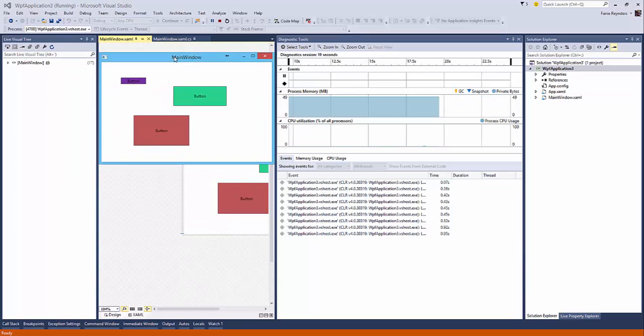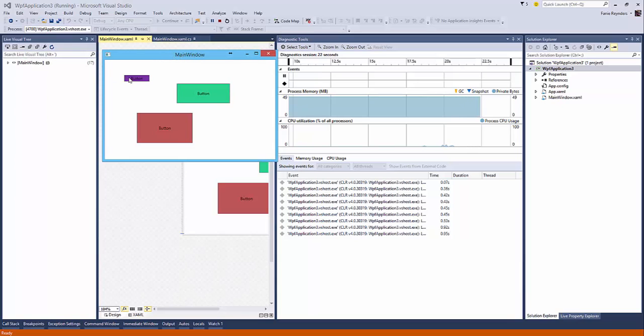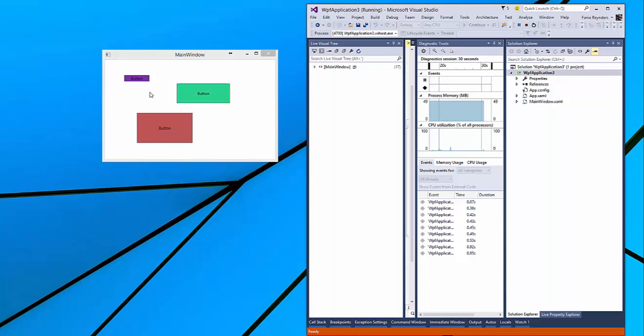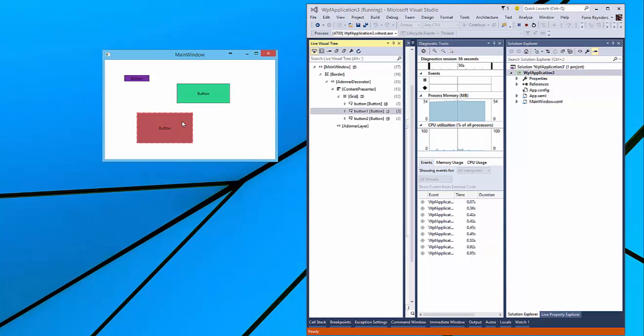But what is specific to WPF is the live visual tree explorer. So I'm just going to quickly dock this to the right, and we have our running application to the left and Visual Studio on the right. When we open up the visual tree window, we can click the enable selection button on the left. That enables us to select certain elements on our form. So let's say there's something wrong with the red button. It's not quite red, it should be yellow, for instance. We can click on the button, and immediately it will show us in the hierarchy where that element lives.